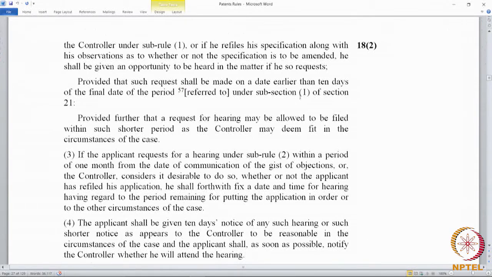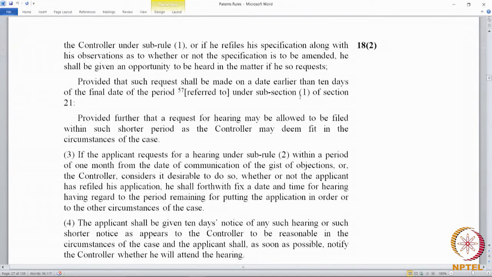So, we saw that the controller communicates, the applicant can respond to the objections, and he can also request a hearing. If he makes a request for hearing, the controller will have to hear him.